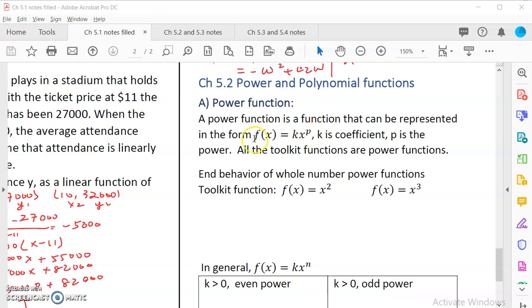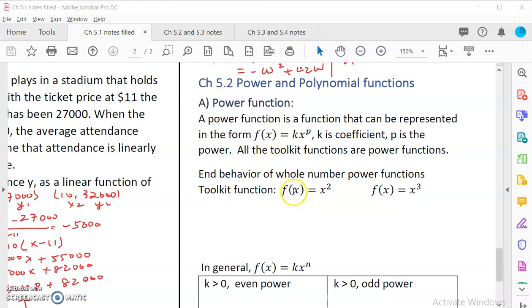A power function is a function of a constant k, which we call a coefficient, like a number such as 5 or -2, and then x to the p. P is the power. So all the toolkit functions are power functions. It has only one term, a constant and also a power, which is the x to the something. So for example,